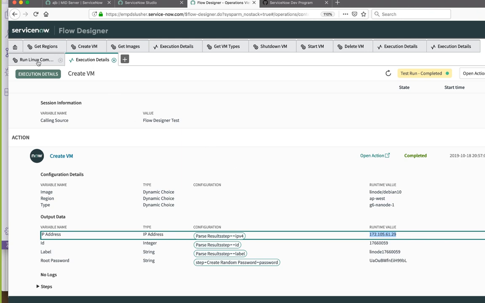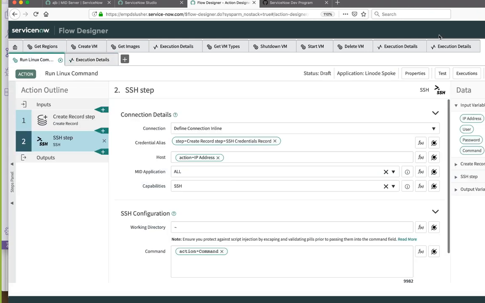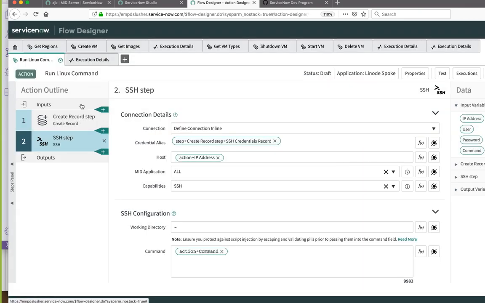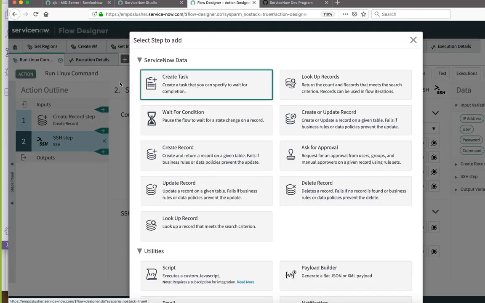So let's come over here. Let's test this guy. So let's pass it one by one. Our things. Oh, I need a password type 2 field. Oh. All right. Stop. Abort. Feels like you have to make a flow at this point. Make a what? A flow to spin up a Linode to send a command.